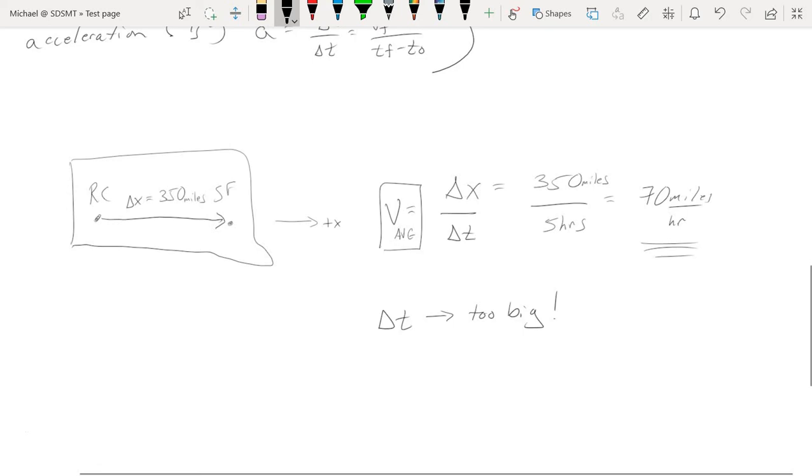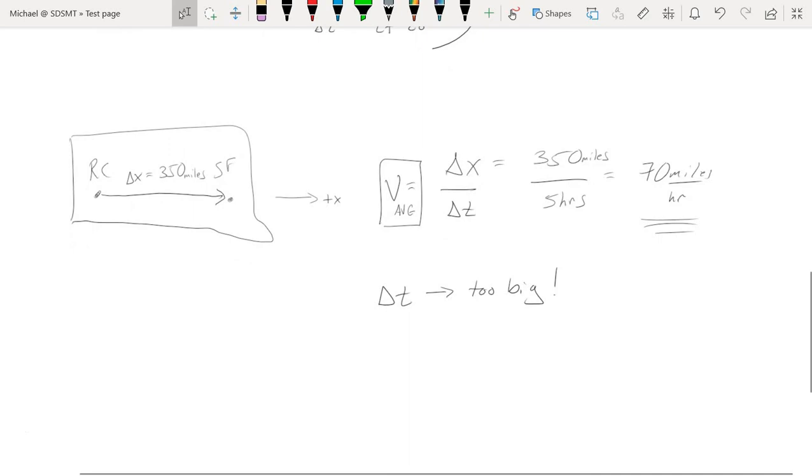So is it possible to calculate an instantaneous velocity? Is it possible to take one location or one point in time during your trip and measure the velocity there? And the easy answer would be, yeah, I can just look at my speedometer and that'll tell me how fast I'm going. But from a math standpoint, figuring out the instantaneous velocity